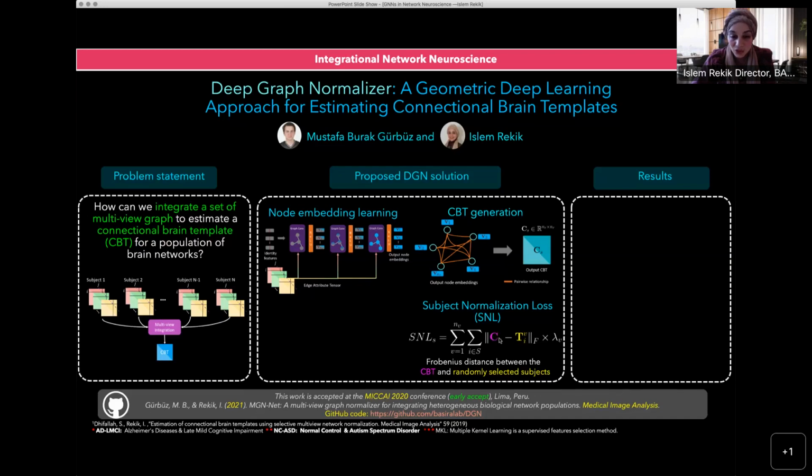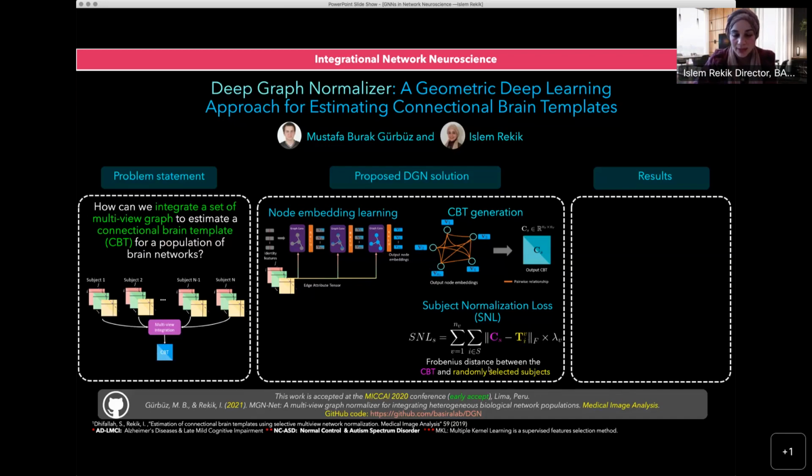CBT, the center, to all the views of these tensor. We try to minimize the distance between the CBT here to all these views, right? But then instead of using all the training set, we randomly selected a subsample, and we showed with this random sample selection, you have a faster training, but you also have a good representativeness of your training cohort through this random training subset selection.